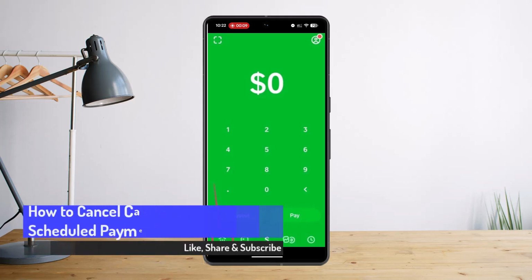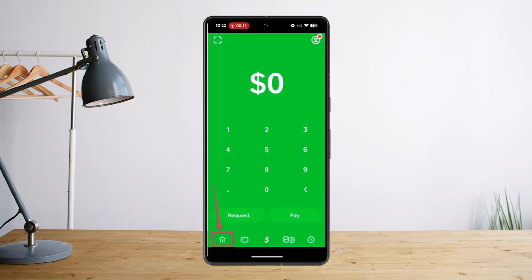In order to cancel a scheduled payment on Cash App, you need to access the Activity or Banking tab within the app and look for the option to cancel the specific transaction for payments scheduled fewer than 3 business days before the payment date. All you need to do is open the Cash App on your mobile device, after which you want